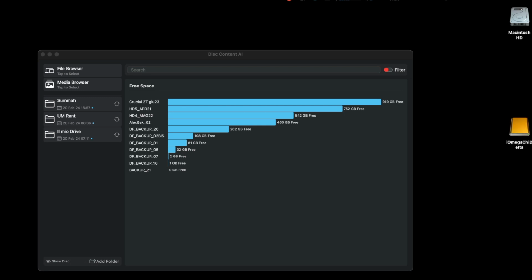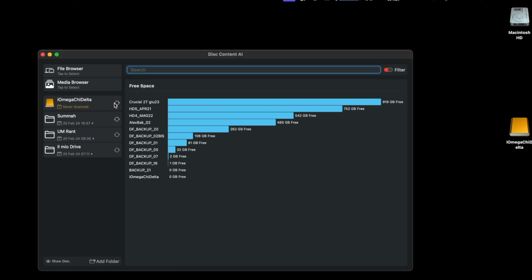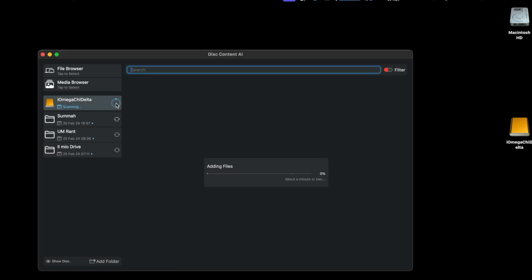But let's act as if it was the first time you launched this app. You connect a new hard drive to your Mac, and immediately it will appear here in the drive list. Then you can click on this icon and select Scan. How long does it take to scan a hard drive? That's a very interesting question. I found that an external 1TB SSD connected via USB-C to my MacBook Pro M1 Pro is scanned in something like 1 minute, more or less. And this drive contains something like 60,000 files. So the scanning is quite fast.